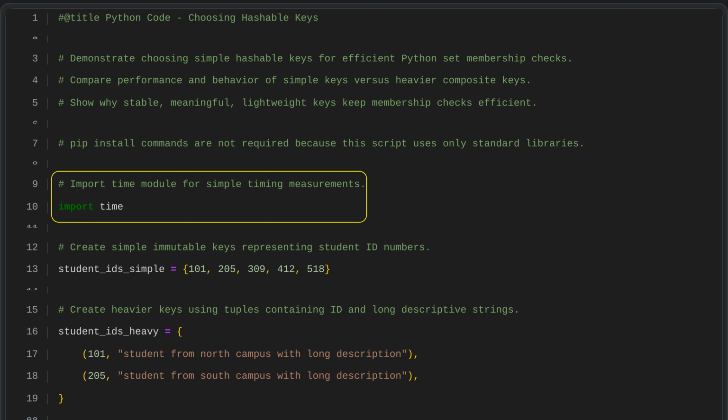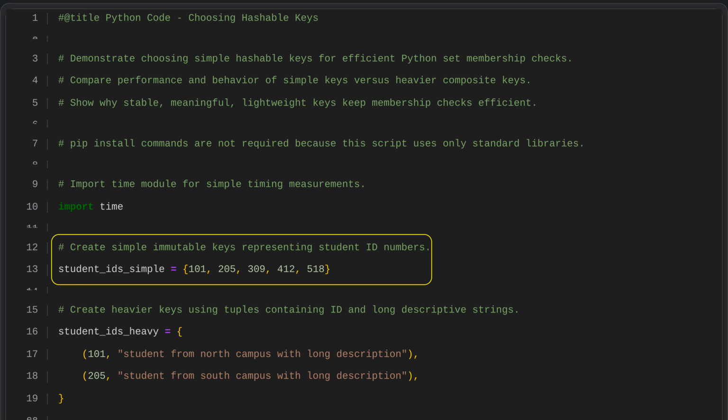By tracking the duration of specific processes, the code can compare how efficiently different approaches to managing keys in sets perform. We create a set of simple, immutable keys to represent student ID numbers using plain integers like 101 or 205. Using integers keeps the keys lightweight and efficient, which is important when working with large datasets. Because integers are immutable and hashable, checking whether a given ID is in the set is both fast and memory